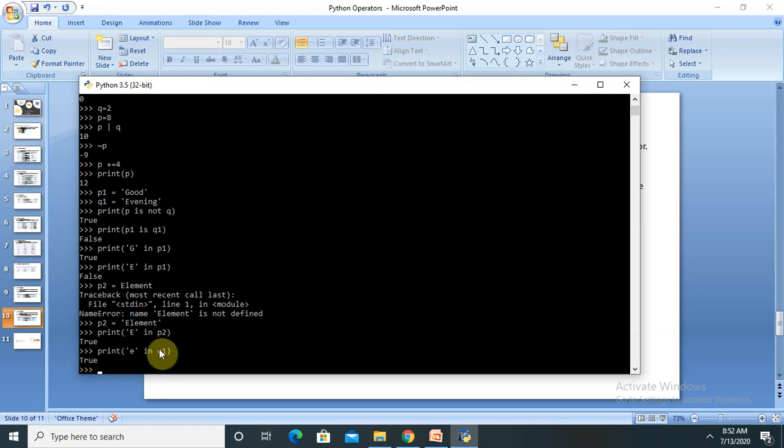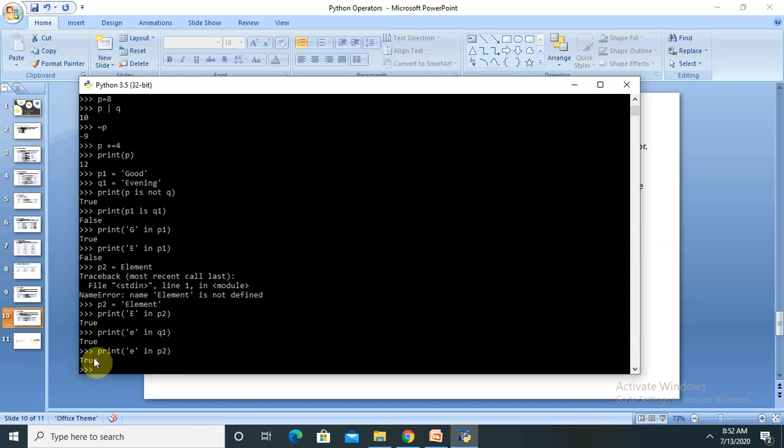If I print the same for P2, because lowercase e is also present in P2, then also we will get a true value.